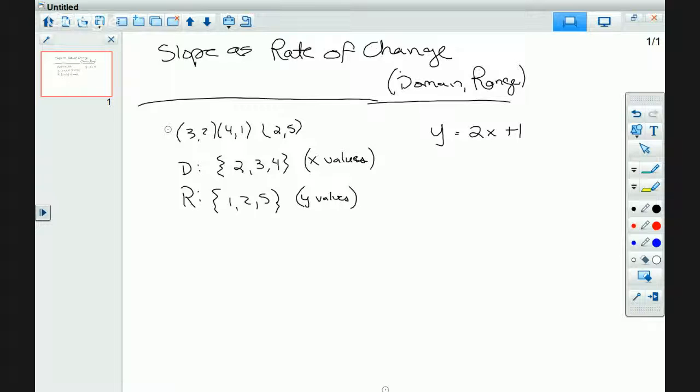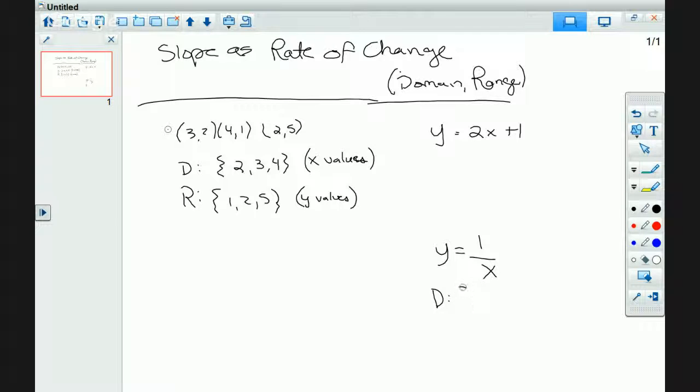If I foul it up, I mean, look at this one. Is there anything I can't put in this for x? No. Yeah, there's something that will make a bad calculation. What can't I have in the denominator? Somebody said 0. Can you divide by 0? No. Okay, so the domain of this